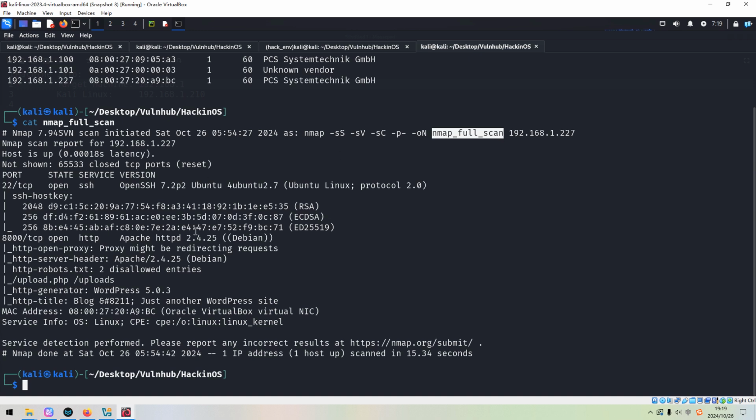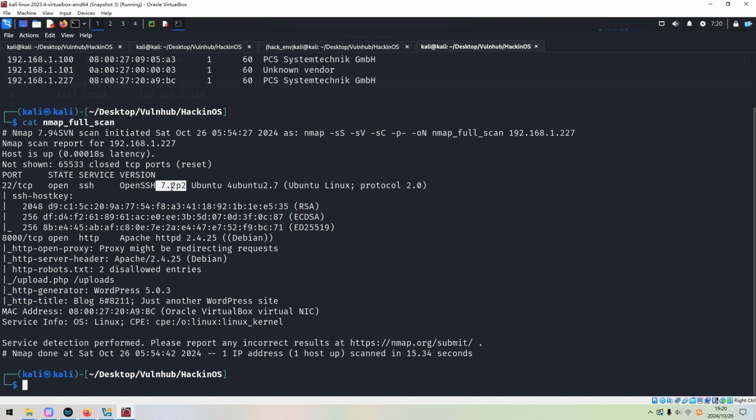So from the Nmap scanning results, we can tell that the target has two open ports. The first one is 22, which is running the SSH service, or Secure Shell service, and also the version information, including the exact version number 7.2. This version is not updated. However, I don't think we can find any vulnerability except the username enumeration vulnerability, which is not what we want at this point.